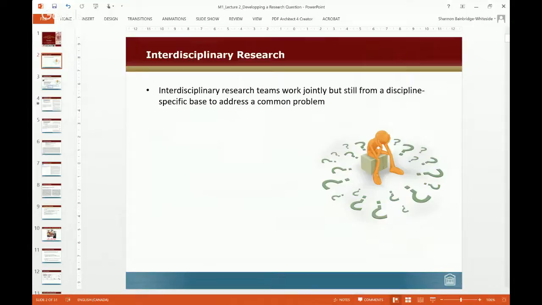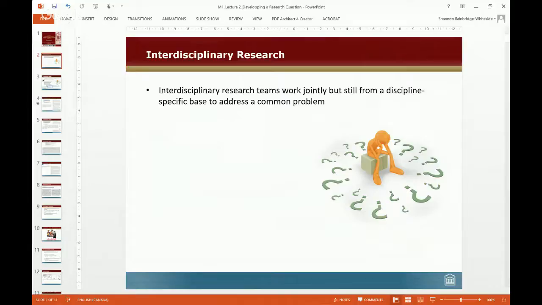So the one thing you need to think about, and you can look at yourselves and your supervisors as role models in this way, is that interdisciplinary research is typically done in teams. And that is because not all of us can be experts in everything. So it is totally fine that you are approaching your thesis project, or your supervisor is approaching their research program, with a discipline-specific base or foundation, but that they are integrating themselves within a team of other researchers who are coming from other disciplines, and that this research team is really working together in a very interdisciplinary fashion